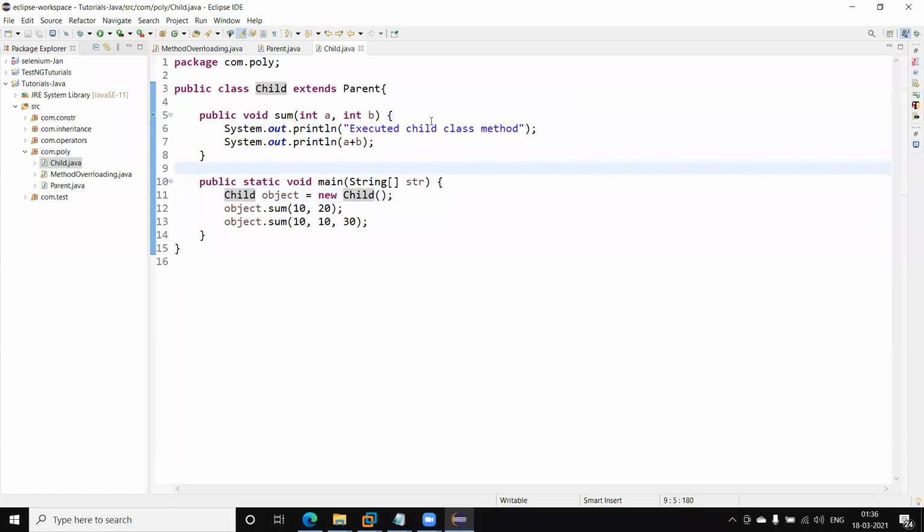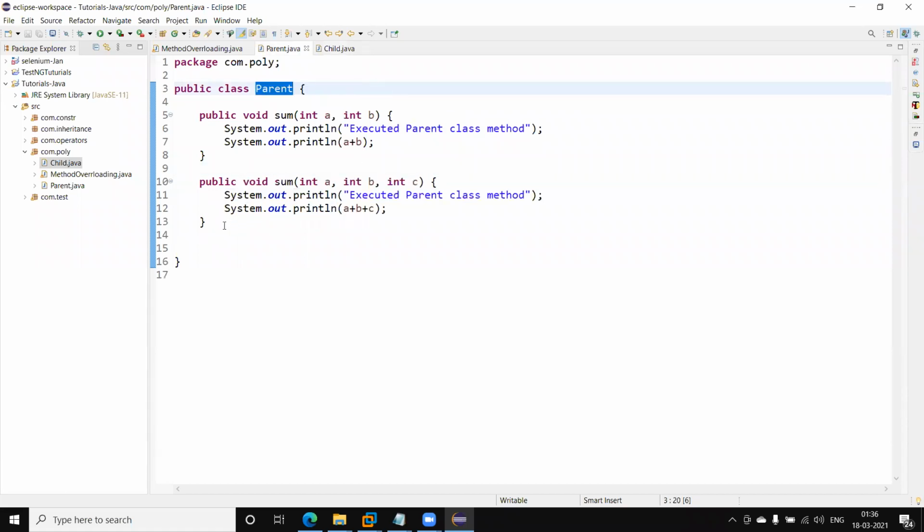Okay, now the question is coming: can we override a static method or not? So let me show.